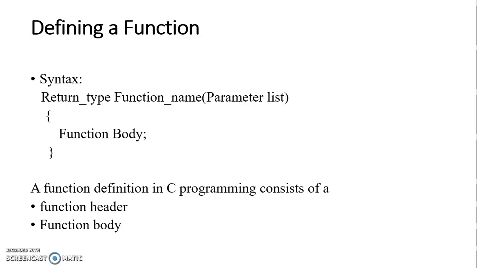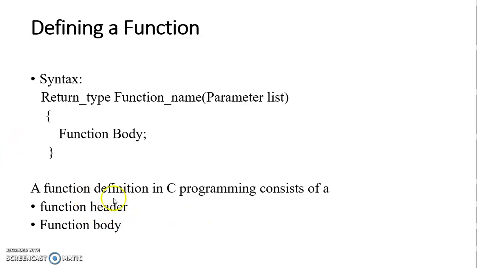You are writing the operations inside void main, and that void main is enclosed with an open curly bracket and a close curly bracket. Similarly, here we have to write the open and close curly brackets, and inside these curly brackets we have the function body. Now what exactly is the function body? The function body is where we perform the actual operations of that function.